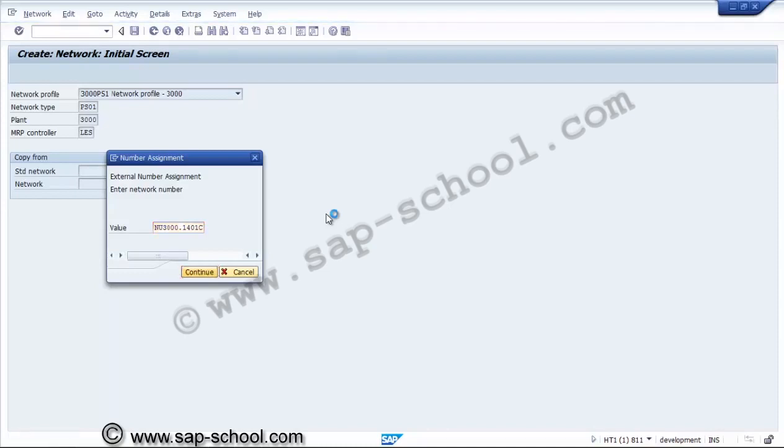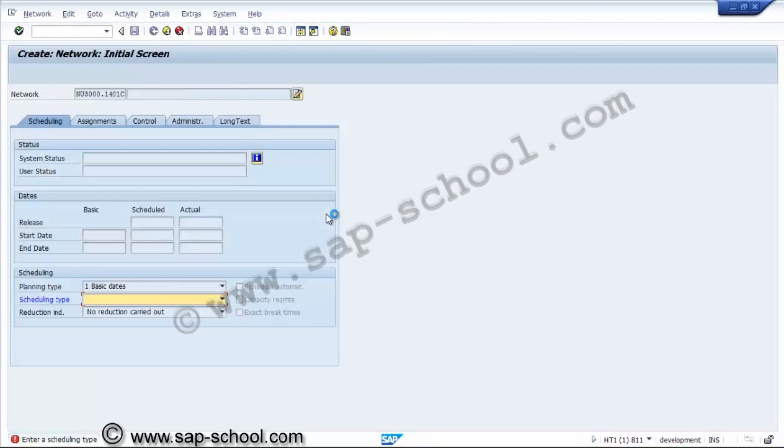That means we are creating here the network for the purpose of project U3000.1401C, and it is asking the scheduling type.